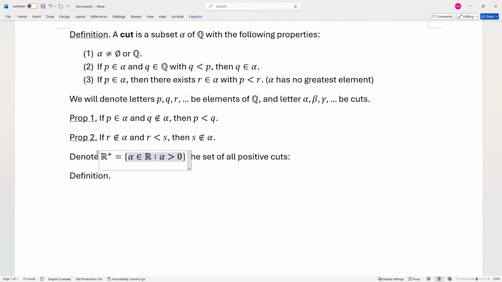Okay, this is an order relation between two cuts, alpha greater than 0. And that means the cut for 0 is a proper subset of the cut of alpha. This is what it means. Okay, so now we have the set of all positive cuts, and now we define multiplication on this set. So, definition: if alpha and beta